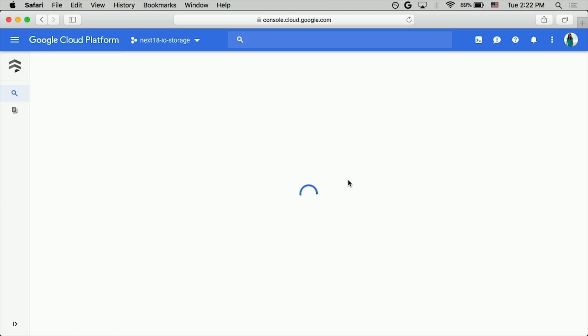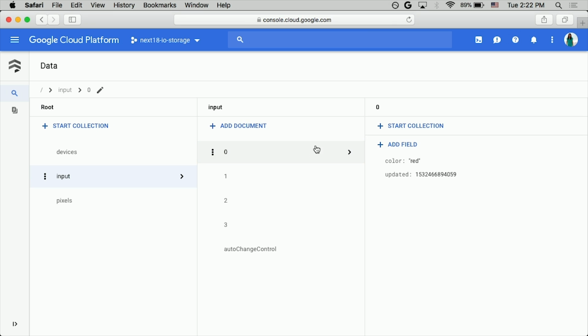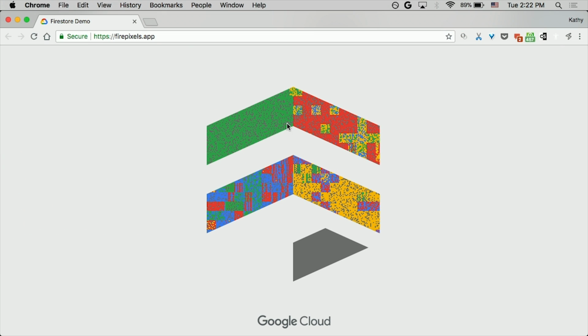And we can look at the input collection. So here are the documents 0 through 3 for all 4 quadrants in the logo with a color that we can actually set. So right now, the green, this quadrant 0 is green,